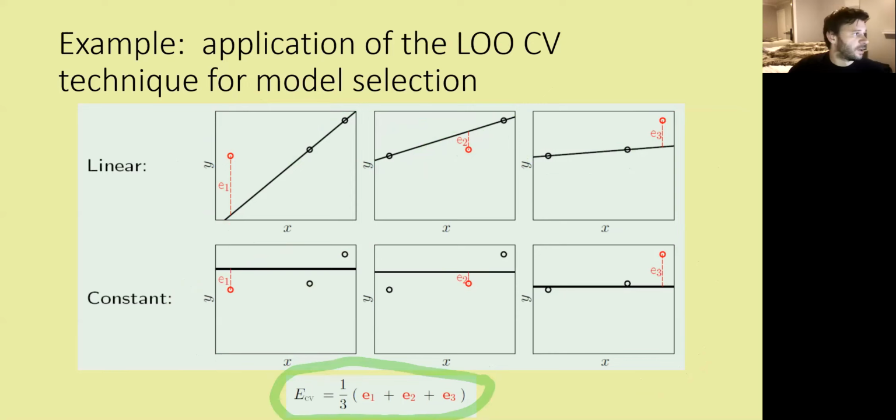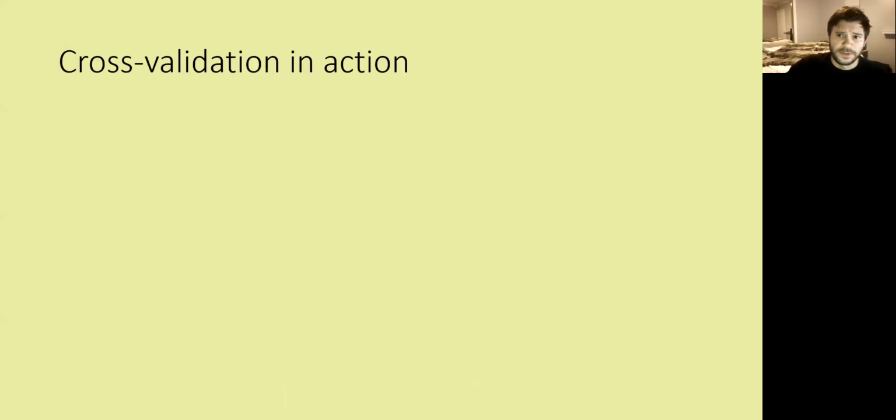So this is an extreme case of cross-validation where we would have N different possible partitionings, or N different combinations of how we're splitting up the training and the test sets, where for each one, we have one holdout data point, and then we have N minus 1 data points that we use to train. All right, so I just want to show you a picture of cross-validation in action here